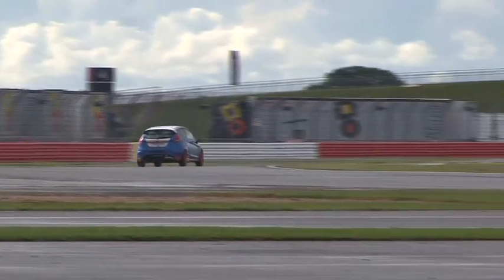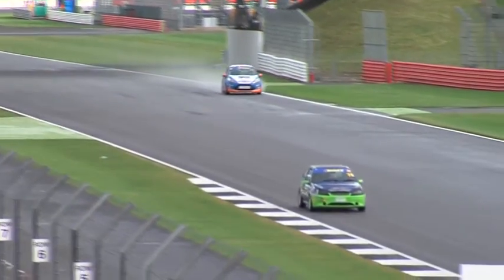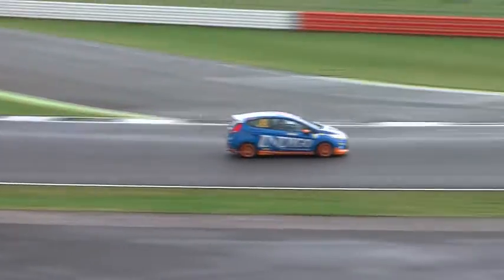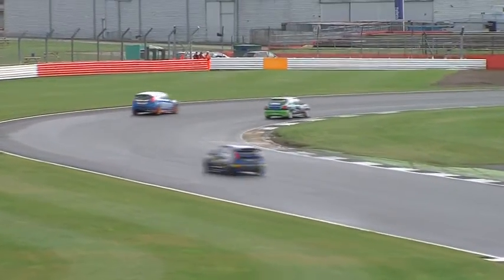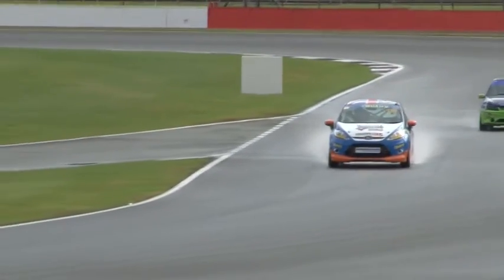That is the difference in conditions between race 1 and this race 2, which is round 12 of the BRSCC Quaife Fiesta Championship for 2016. Difficult conditions they have been. Either way, Stuart Robbins has done superbly over the course of the 2 races, and Robbins will continue on his way, catching up now with Derek Robinson, and passes Derek quite easily around the outside line,